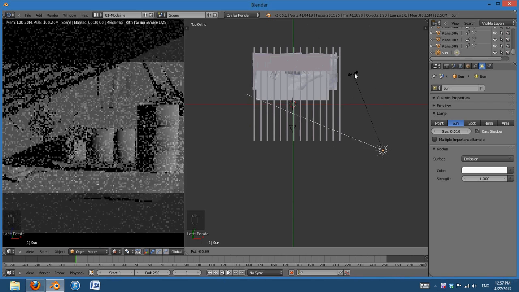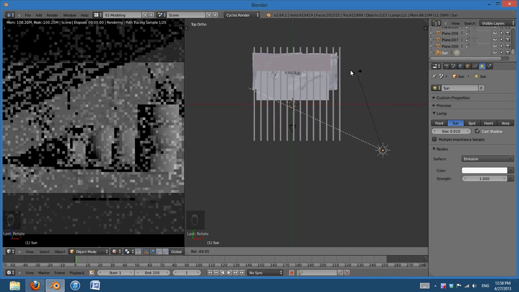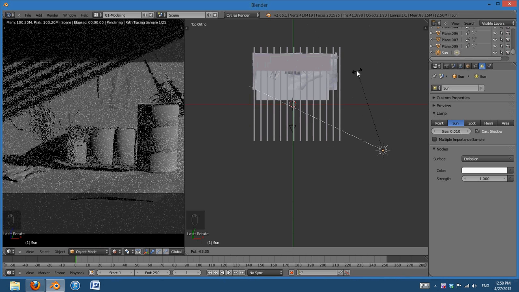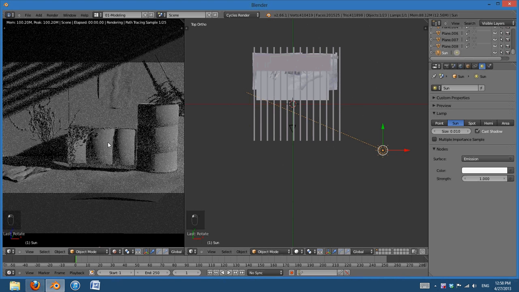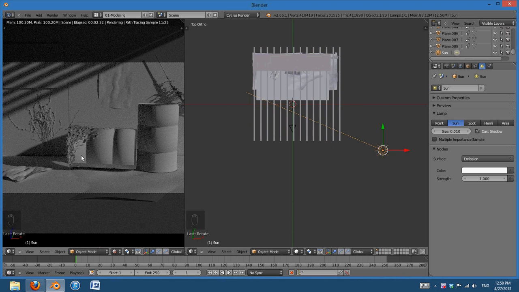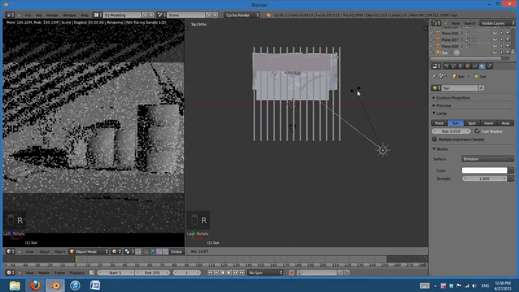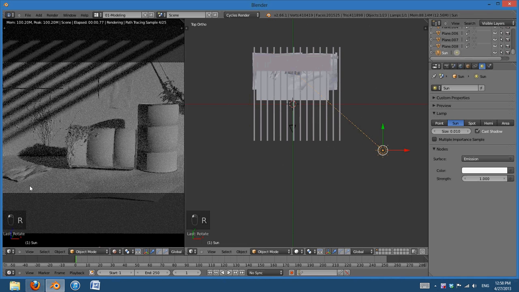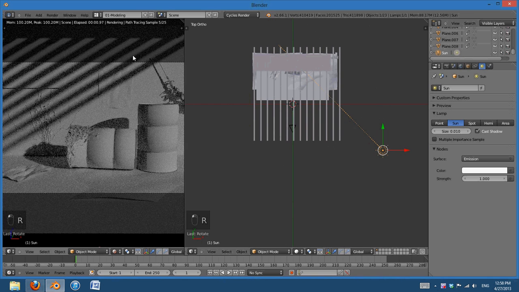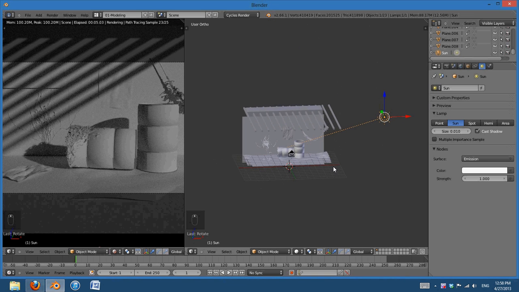So what I'm going to do is rotate it until I think that it's giving it a nice depth. You can see that there are shadows on all of these things there. There's a nice gradient on the barrels, on the wall, even on that paper is much better lit like that. So I like that angle, but I also want these bars down here, the kind of slots,